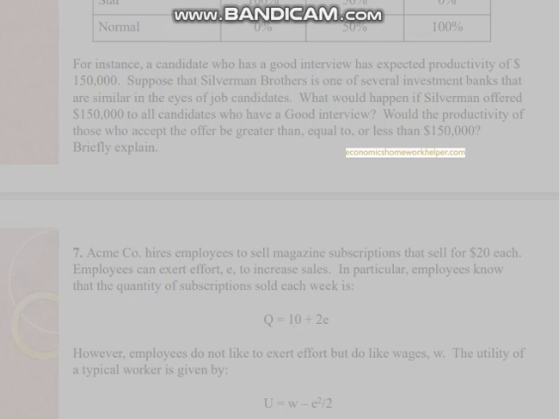7. Acme Company hires employees to sell magazine subscriptions that sell for $20 each. Employees can exert effort to increase sales. In particular, employees know that the quantity of subscriptions sold each week is Q equals 10 plus 2E. However, employees do not like to exert effort but do like wages, W. The utility of a typical work